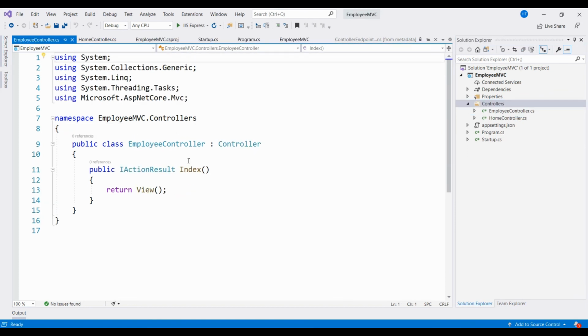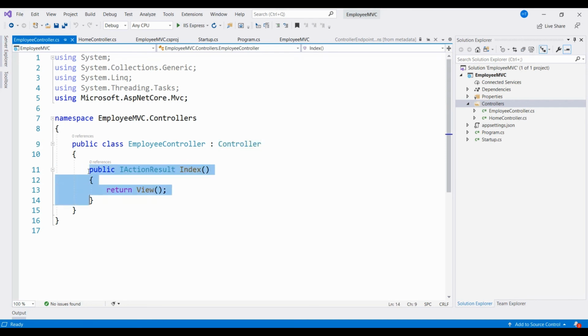So what is the difference? You can observe that when we take the add controller option, by default the class which is created is inherited from the built-in class Controller and the Index method is also there.